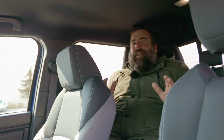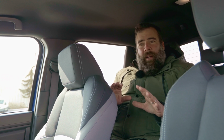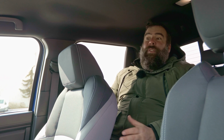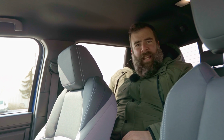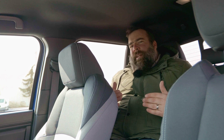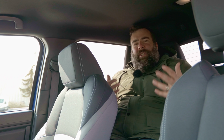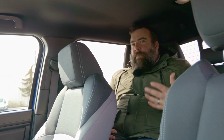But let's forget all that for now, because when I sit back here and I look at the front of this truck, I see an interior that's fearfully and wonderfully made, if I may. I had a friend who told me once that Toyota makes 20-year-old brand new cars, and I can see where he was coming from at the time when they made things like the Tercel or the beige on beige Corolla. But when I look at this,